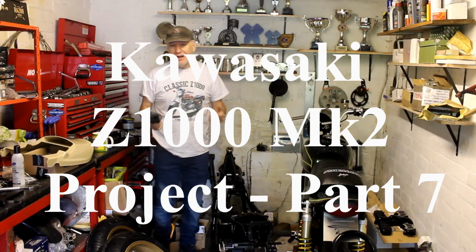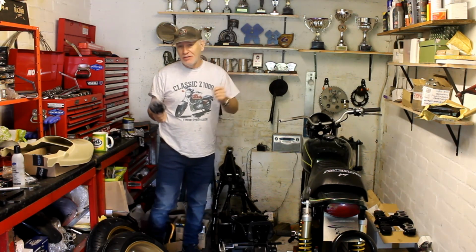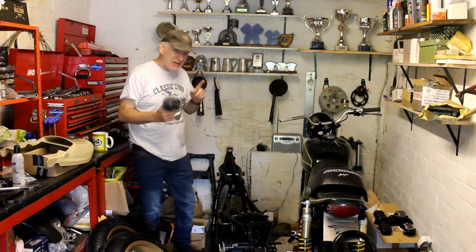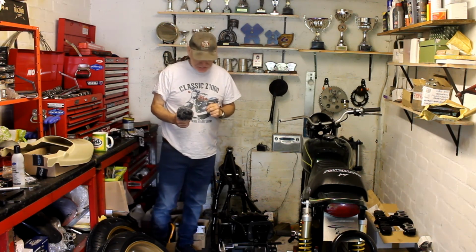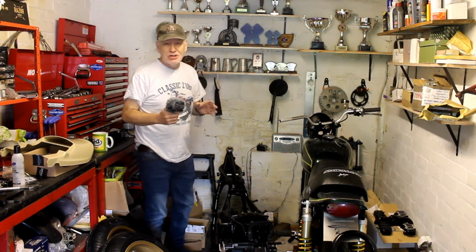And hello again, and here we are in the back of my rather overcrowded garage for the next part of the Kawasaki Z1000 Mark II project. And today we should have a lot going on because I want to try and get this frame on its wheels at last. So to do that we've had a bit of a change of plan,